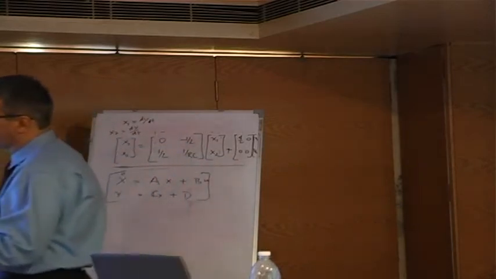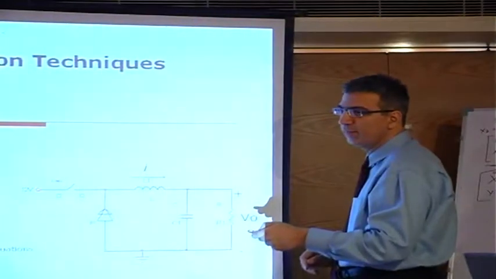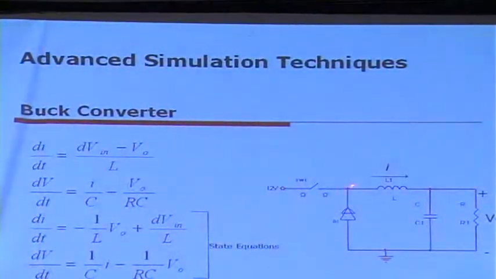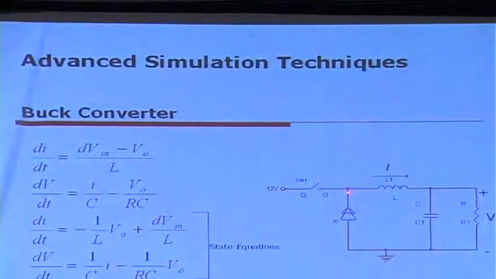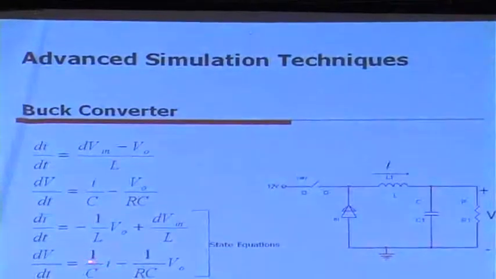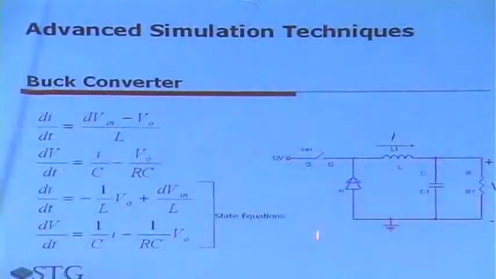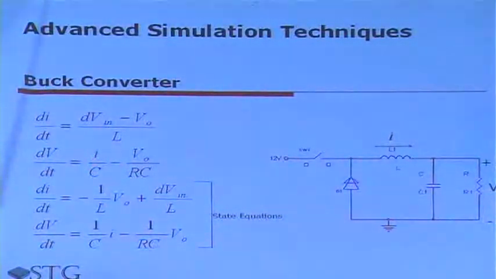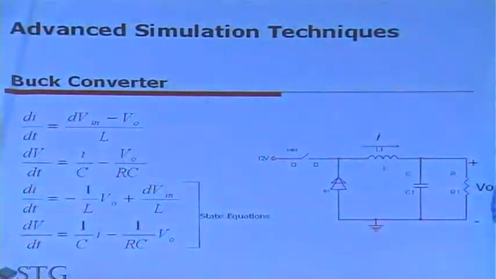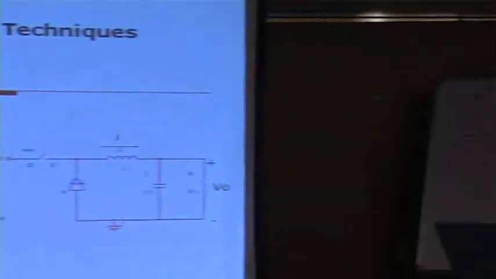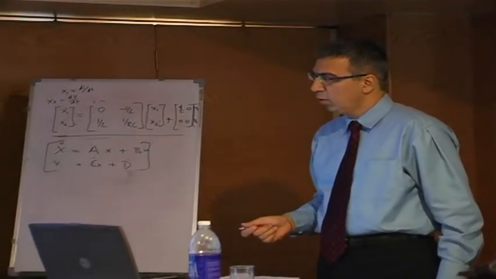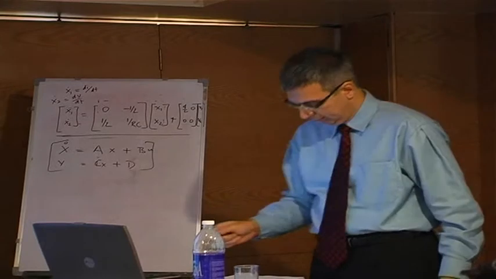The trick is we use dV in, right? So dV in is actually the average voltage at this point of time. So we are taking that voltage to derive these equations. So it is more of already an average model, which we are writing in state variable equations. Does that make sense? Okay. So when this was done,